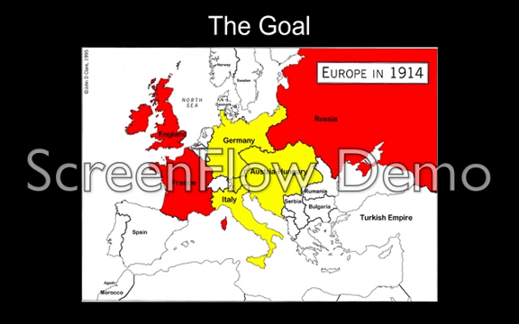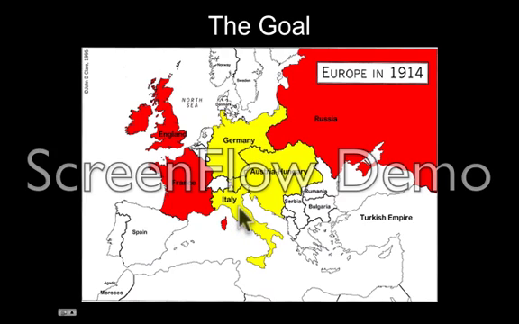Okay, so here's the goal. This is a map of Europe in 1914, and you'll notice that three countries are colored in yellow and three countries are colored in red. From our previous lessons, you know that Germany, Austria-Hungary, and Italy, colored in yellow, were part of the Triple Alliance created in the 1880s,